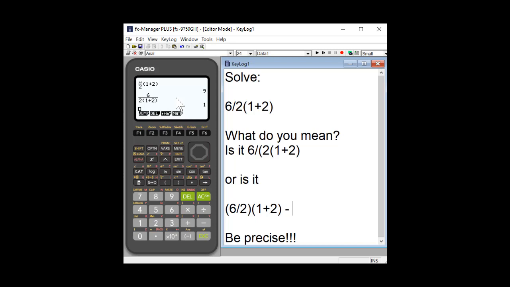And if that's not what you wanted, if you didn't want to group that way, you can go back and change it. So this was in the math. So I'm going to go back to Shift Setup, and I'm going to change the input-output to linear and show you the difference. It just looks different when you enter it. So we've changed it to linear. We're going to hit exit.